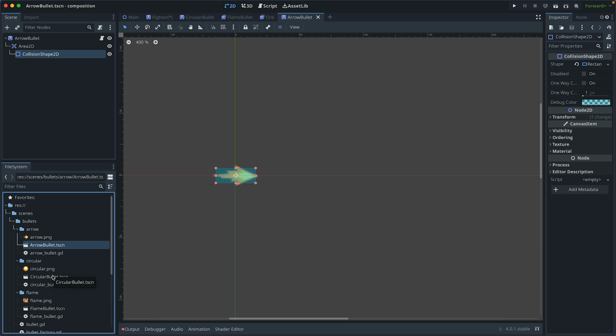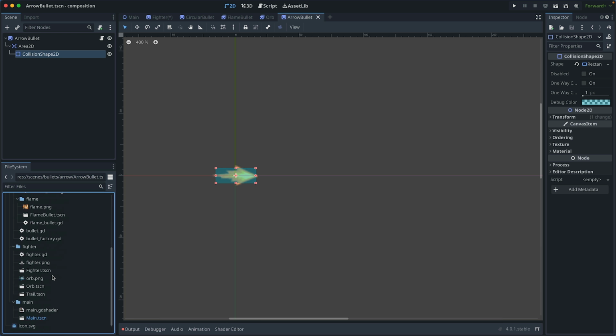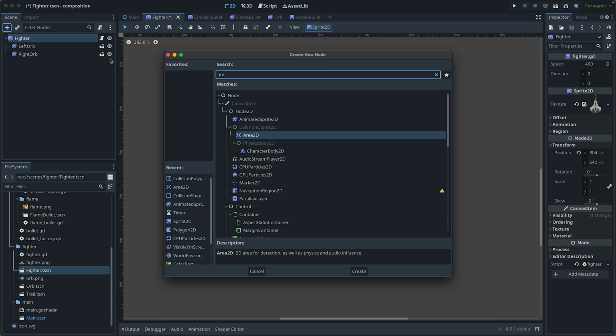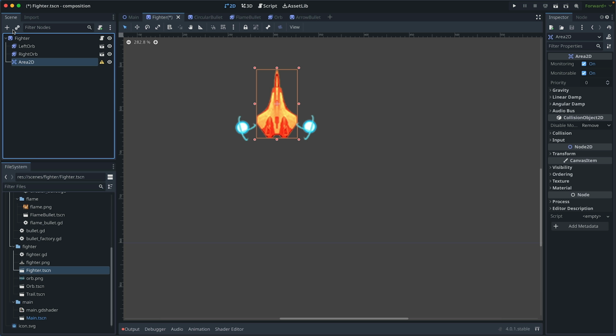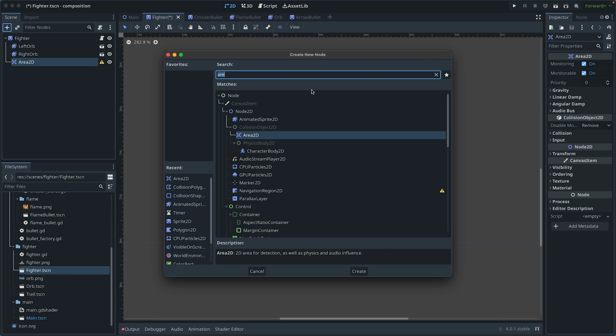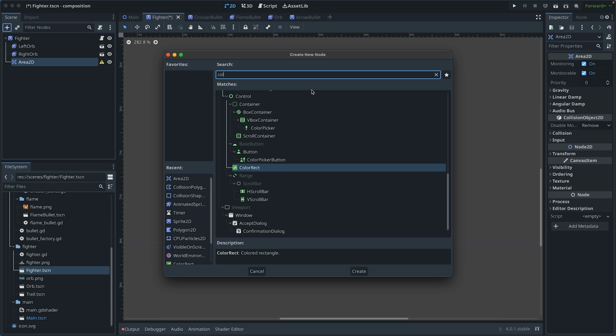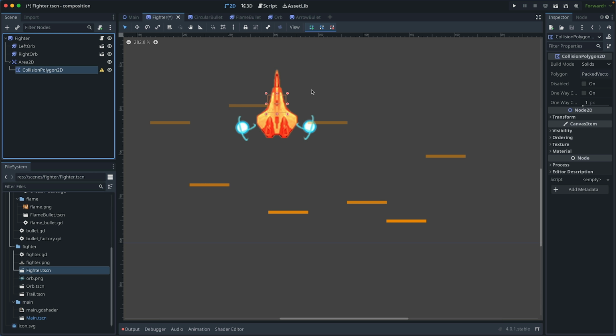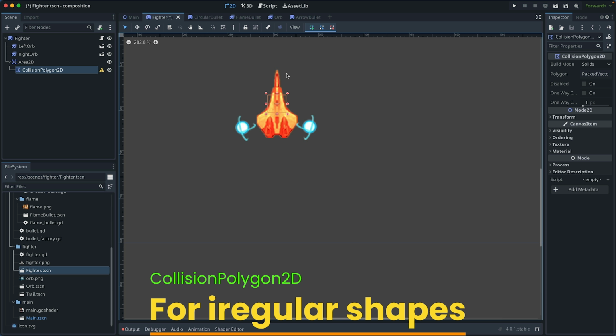After adding collision detection for all the bullets, we need to add collision detection for the fighter. Let's first open the fighter scene. Do the same thing, we add an Area2D. And here we are going to use a different collision shape. We're going to use Polygon2D. With Polygon2D, we are able to